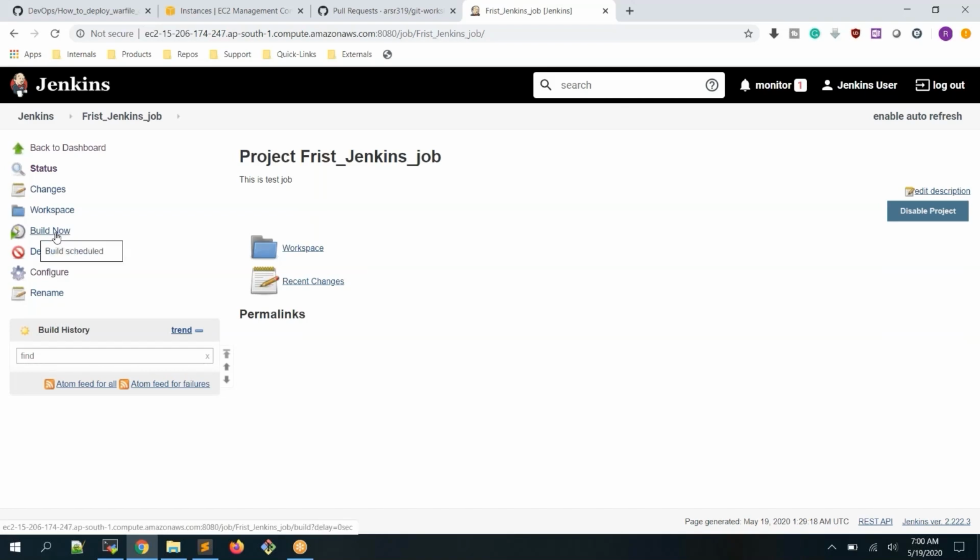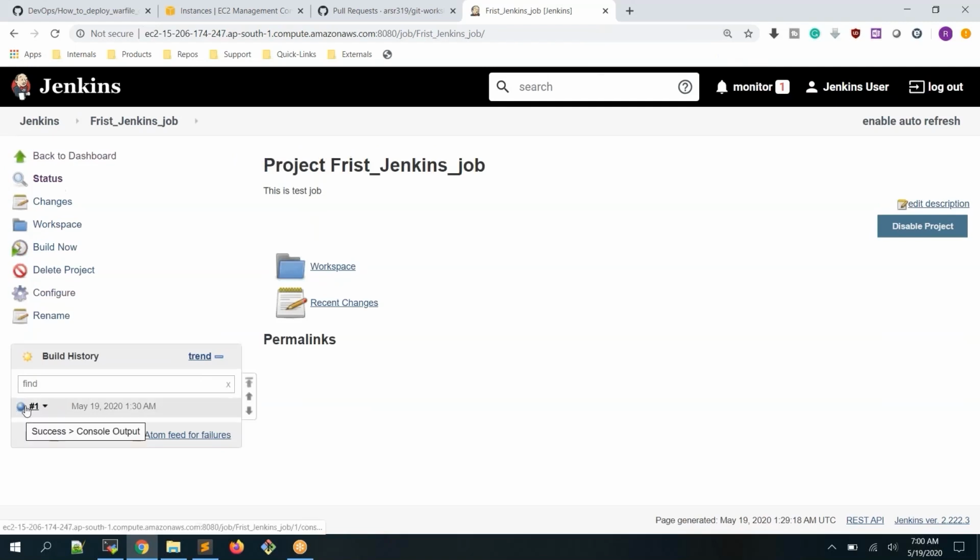So let's execute Build Now. Whenever the build is happening, you can see the build result over here. Did I click it or not? Let me try it one more time. Build Now. Yep, build scheduled. And yes, you can see here the build has been completed. If you want to see the build output, there is an arrow symbol over here. You can click on the arrow symbol, or else directly if you click on this one, it will take you